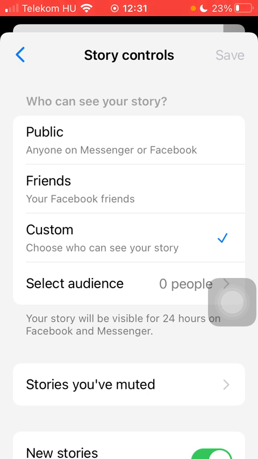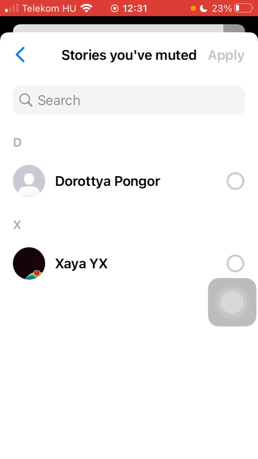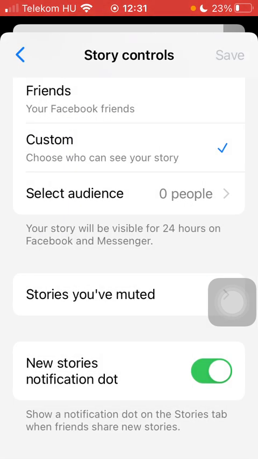Public, meaning anyone on Messenger or Facebook can check it out. Friends, so only your Facebook friends, or you can customize it by selecting certain people. Here you can also see the stories that you have muted, and the new stories notification dot can be enabled. Show a notification dot on the stories tab when friends share new